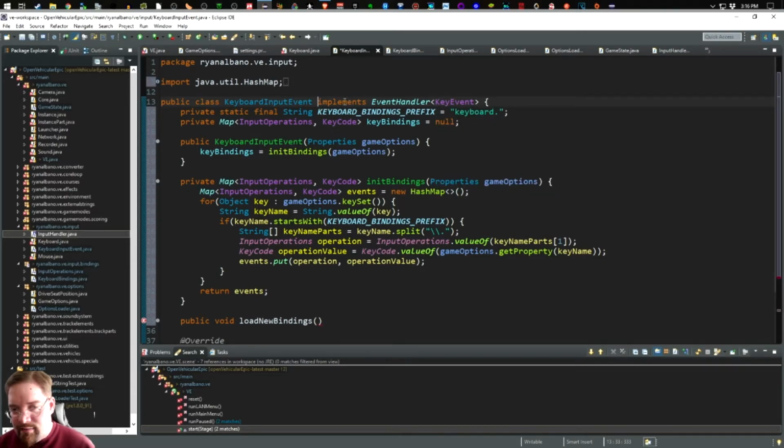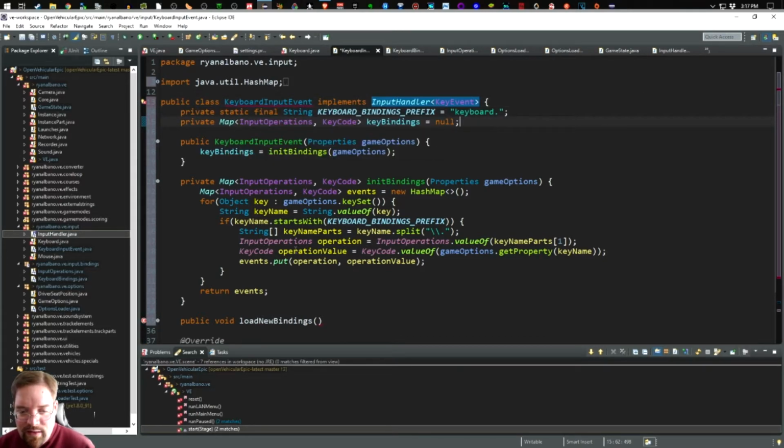Because you can implement multiple interfaces. Really, it's just for convenience more than anything else. It's just so that I can change this from event handler to input handler key event,